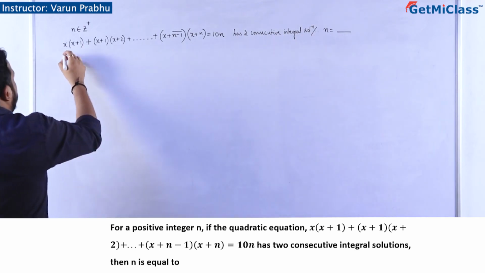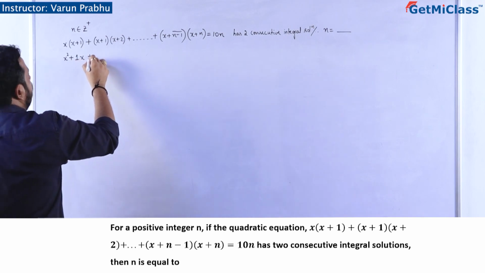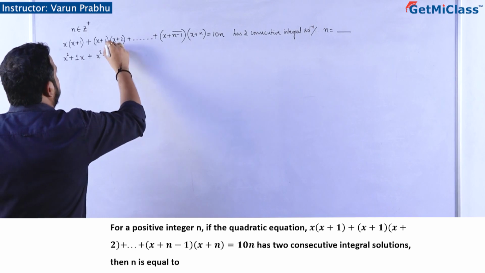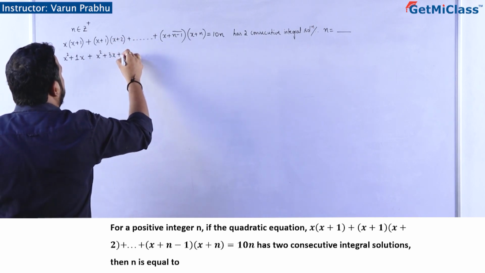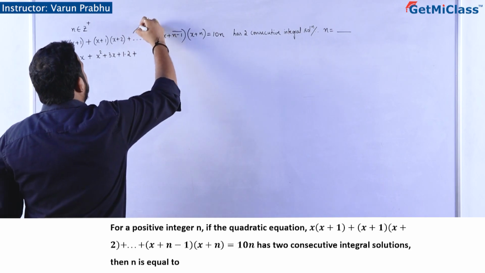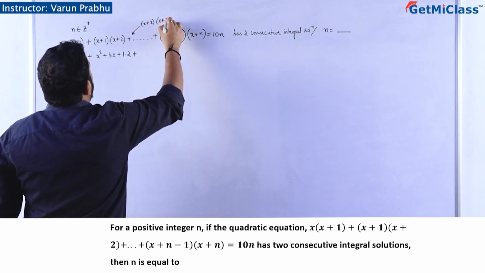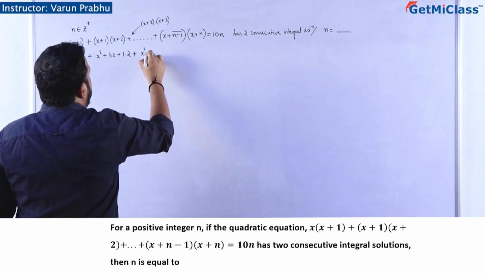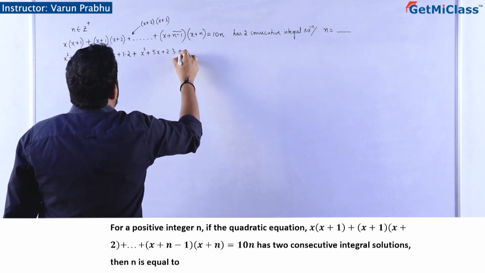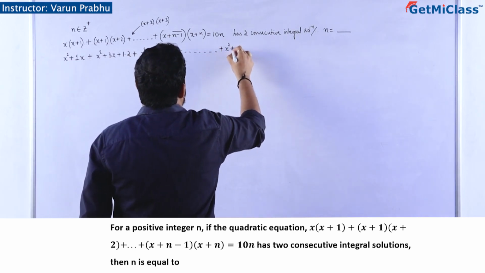Obviously, when you try to expand this, you will get x square plus 1x. Carefully observe this. We will get x square plus 3x plus, I can write this 1 into 2 only. If at all I had written one more term here, it should have been x plus 2 into x plus 3, right? So I would have got x square plus 5x plus 2 into 3, and this will continue like this, and I can write this as x square plus